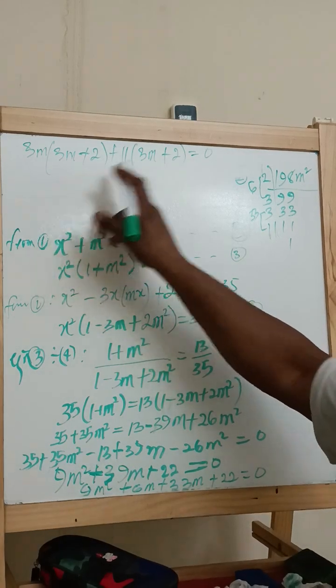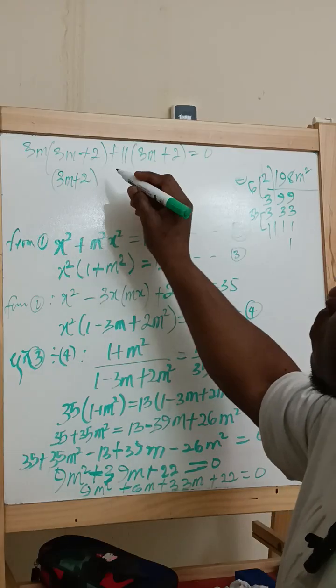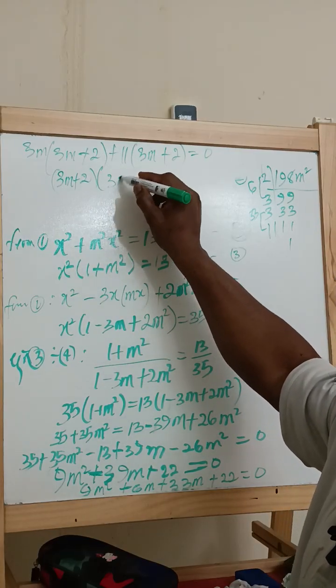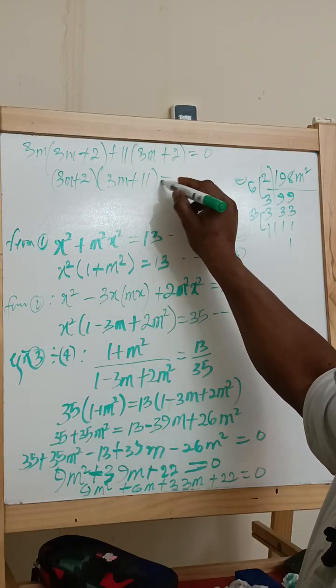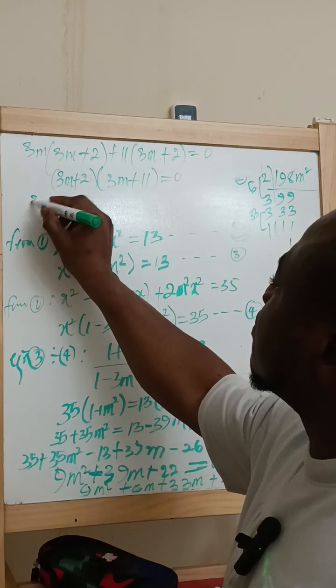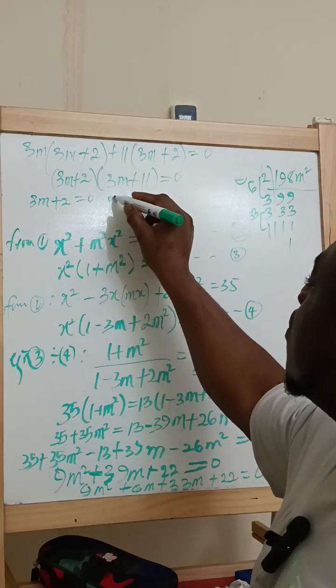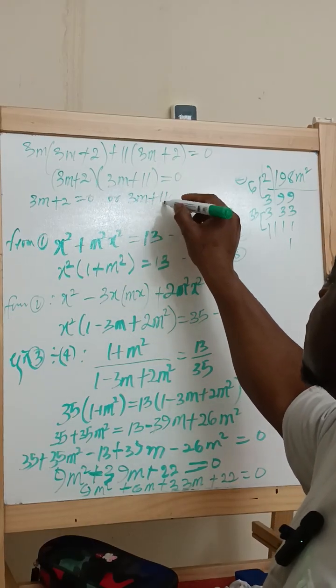So the next thing we want to do from here is to say 3m plus 2, and this is 3m plus 11. That is, we factor them, we factorize them out as well. Now this is now going to be 3m plus 2 equals to 0, or 3m plus 11 is equal to